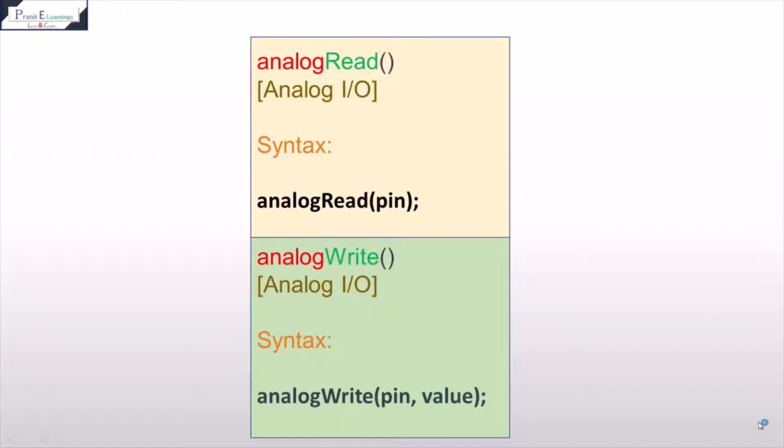Please note that you can use the analogWrite function on the PWM pins on the Arduino, as well as on the analog pins A0, A1, A2. You can see the symbol on the Arduino board, like a sine wave, that has been declared for the PWM output pins on the Arduino. Okay.